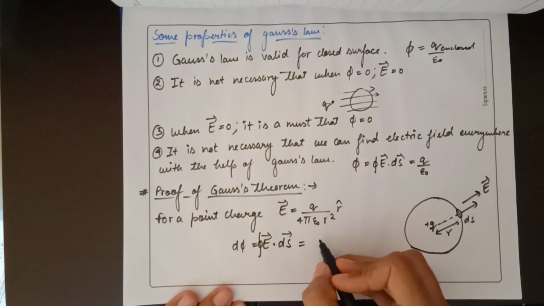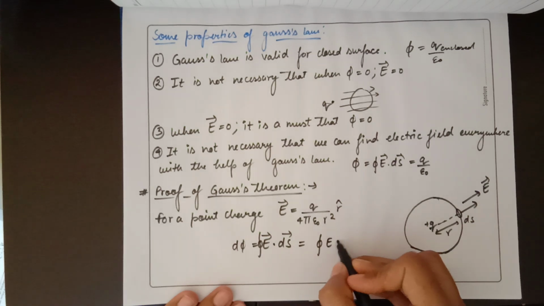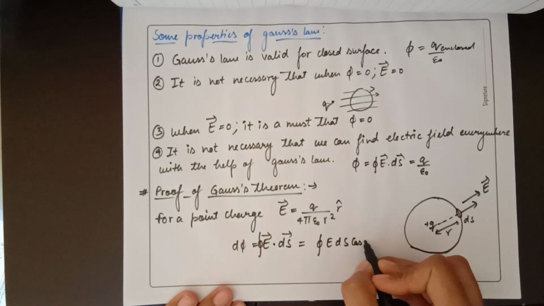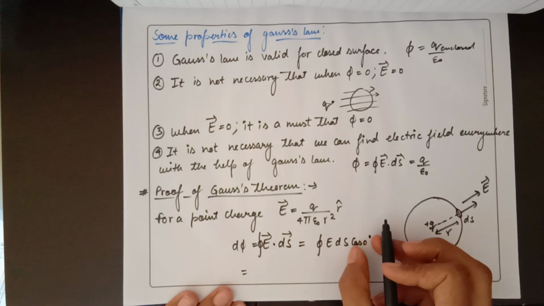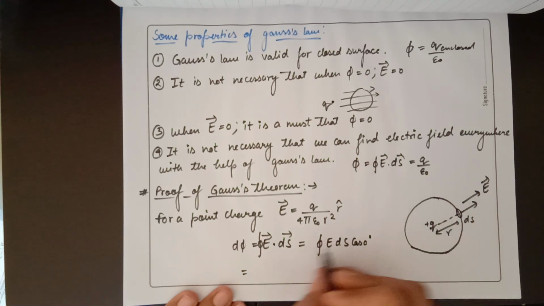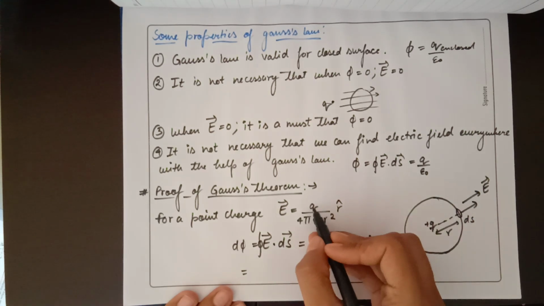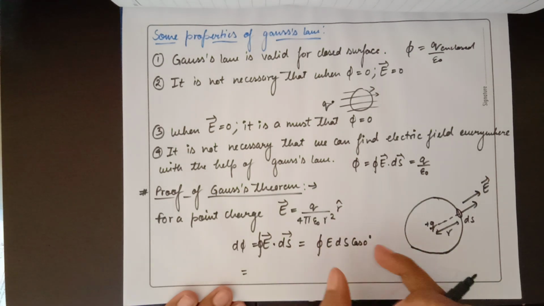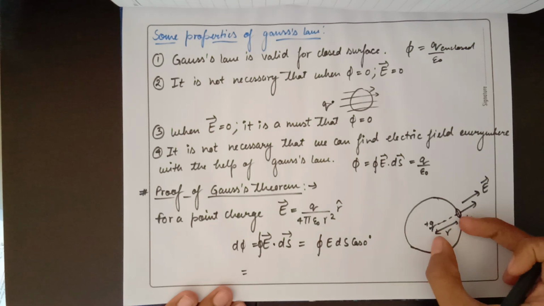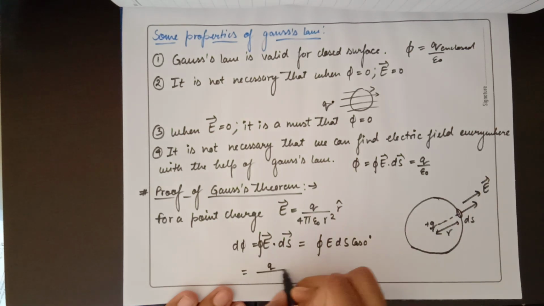So this integration will give me E ds cos 0. As you know, cos 0 gives us 1, so this part will be 1, and the value of E is Q upon 4 pi epsilon naught r square. So I can take it out, as you know r is also constant. So Q upon 4 pi epsilon naught r square